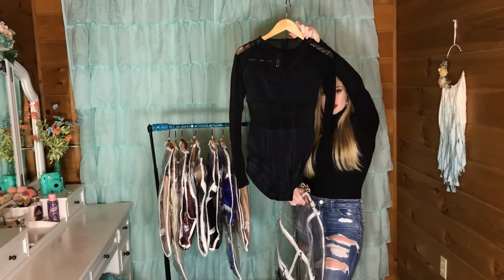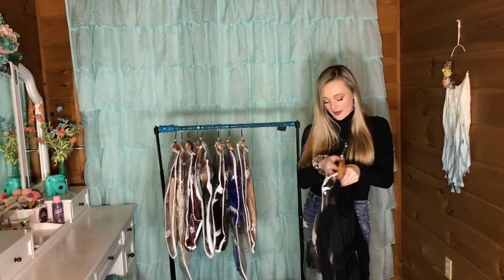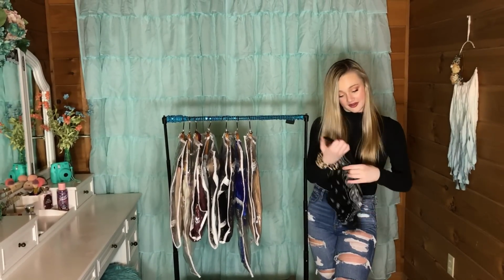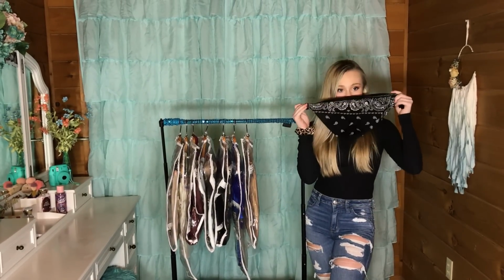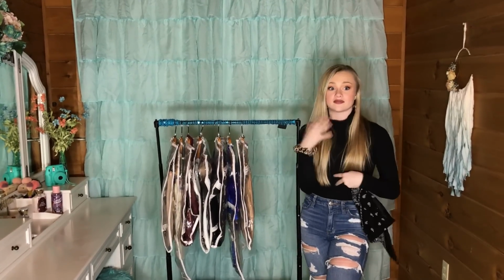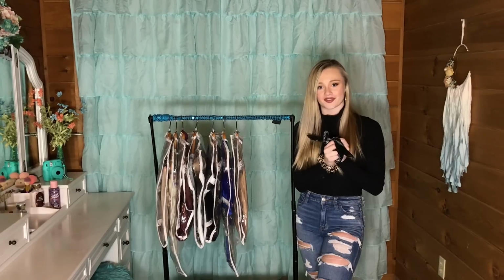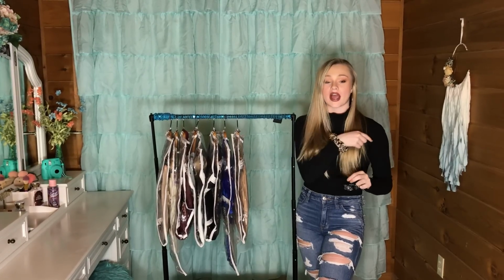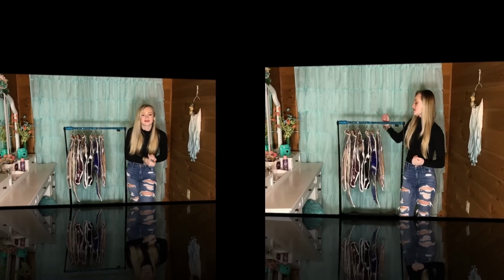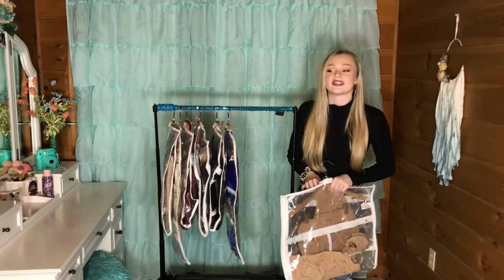If you can see, it has some really cool lines in it, and this is the coolest part about it, is we wear a bandana tied around our face. Well, you can't really see, but it's tied around our face like that, so it just gives a really fierce ninja look because the whole routine is really, really intense. So it just looks really cool on stage, and we performed it actually for the first time last weekend, so that was really exciting. This next one is for a group dance that has the teens and seniors combined, and